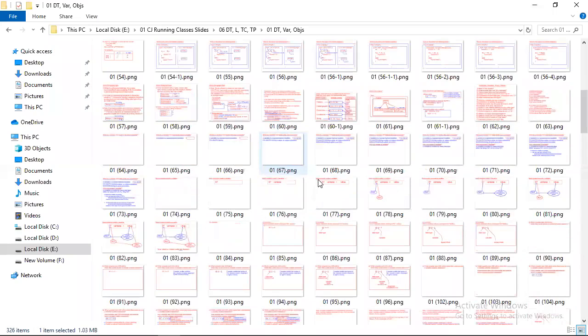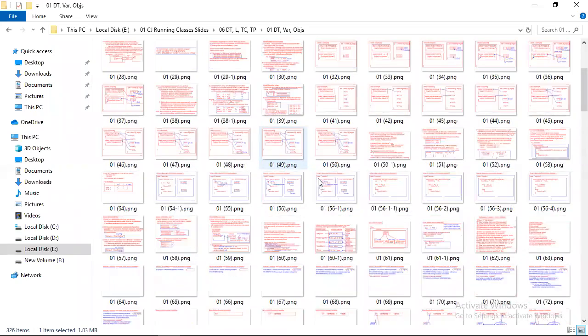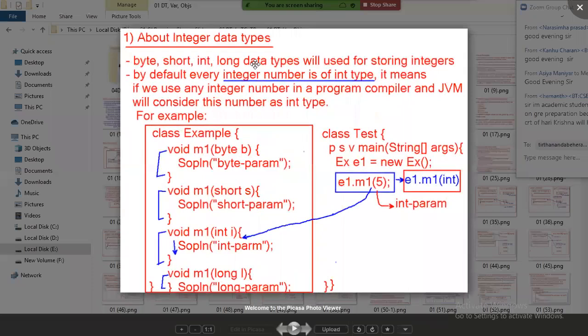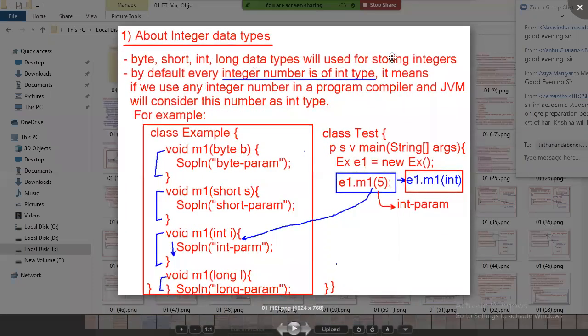Either byte or short or int or long. Any of the 4 data types we can use. Byte, short, int, long data types are used for storing integers. Then among these 4 data types, which one is the main data type?